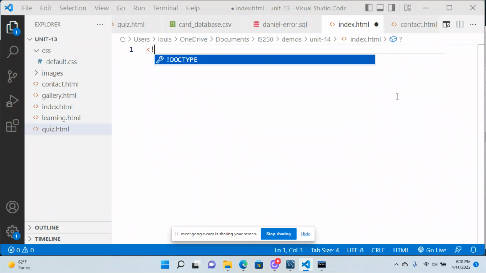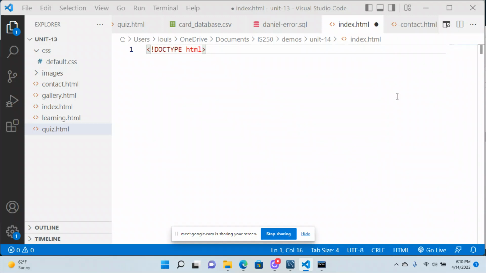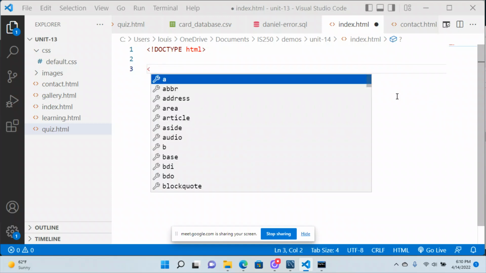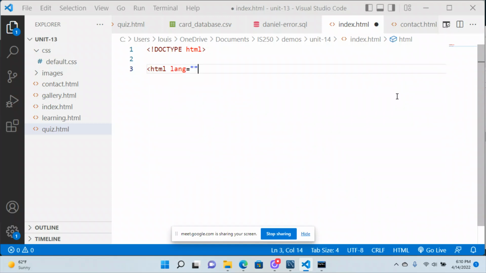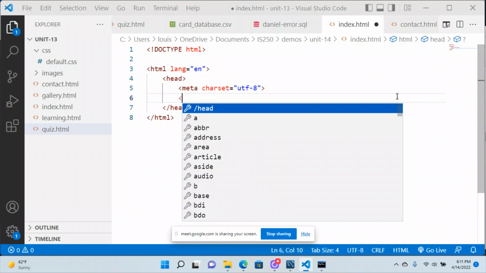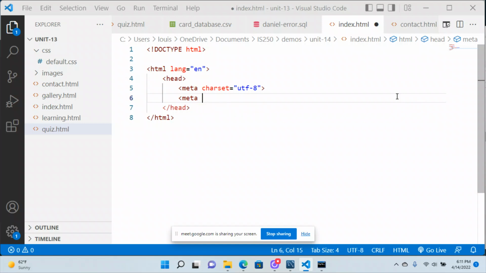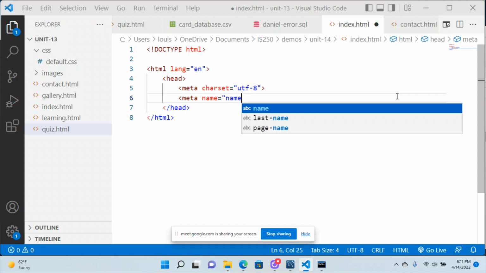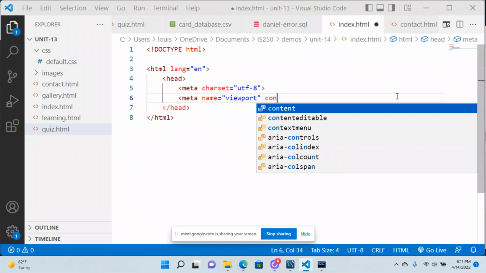So the first thing that I will almost certainly ask you to do is to create a document in HTML. You guys know how to do that at this point. And so making the basic elements. Charset equals UTF-8. I might offer some extra credit, stated or unstated, to do the viewport meta, but it will be extra credit either way. Name equals viewport, content equals,